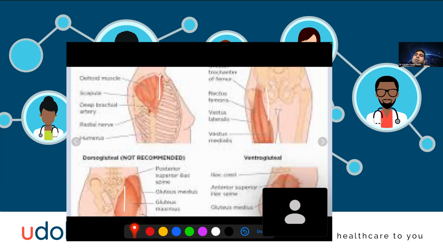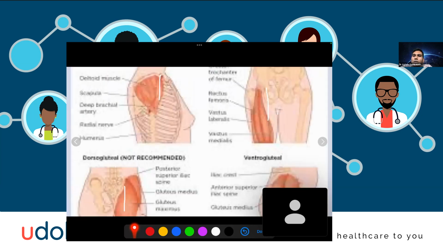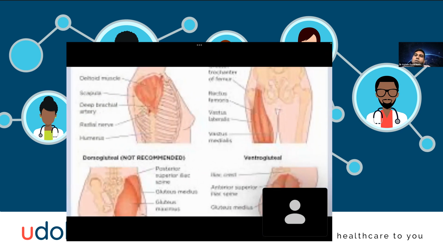So if we are going to give it into the deltoid area, if we're going to choose the middle deltoid, you can just pinch the skin a little bit, try not to grab the muscle, try and pinch it such that you're only pinching the skin and the subcutaneous tissue, so that when you're injecting, all you're getting down to is essentially the muscle layer itself. The same thing here, we're going to administer it just on the top right-hand side. I think I actually have a slide of that soon. So we're going to inject the individual on the top right of the area itself, just over,